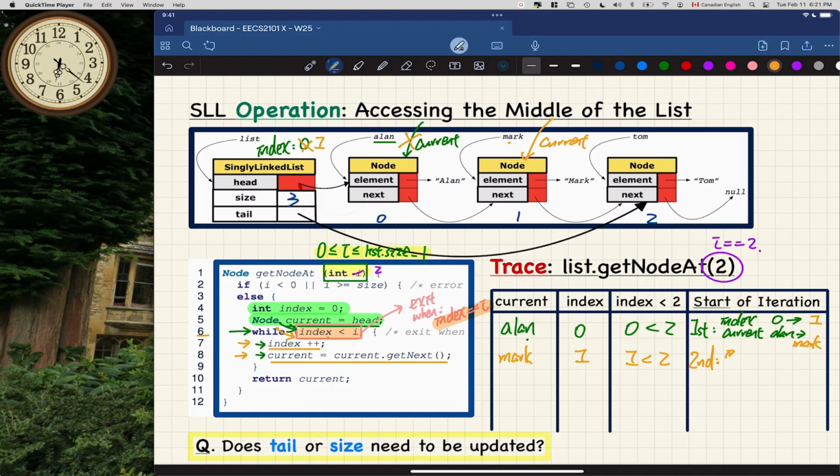So index is going to be changed from 0 to something else. The current is going to be changed from Mark to something else, right? If you look at that, index is going to be changed to 1 to 2 because you got index plus plus. And then for the current, it's going to be modified to its next,